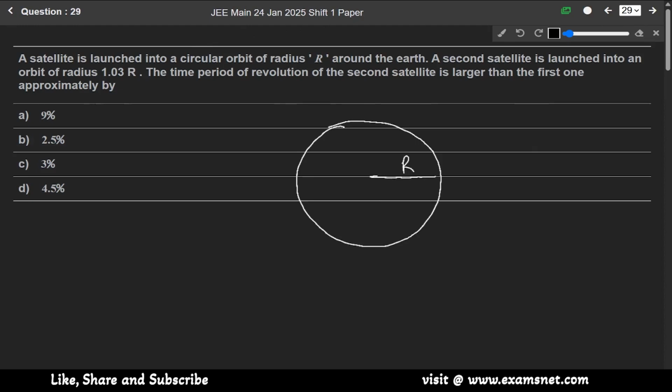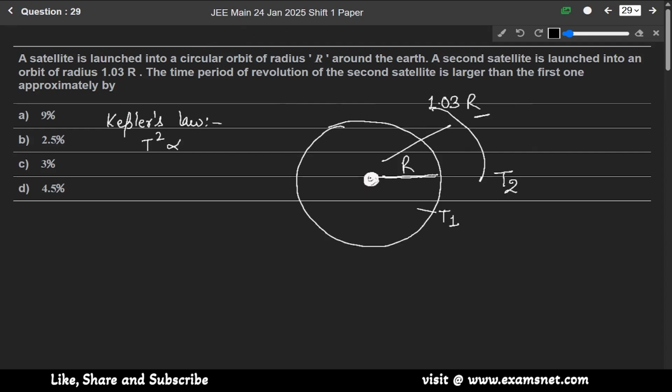Okay, let us say this is earth and a satellite is launched into an orbit of radius r. A second satellite is launched into an orbit of radius 1.03 r. So the time period of revolution of the second satellite is larger than the first one approximately by. Let us say the time of the first satellite is t1 and the second satellite has time t2. So we know that from Kepler's law,